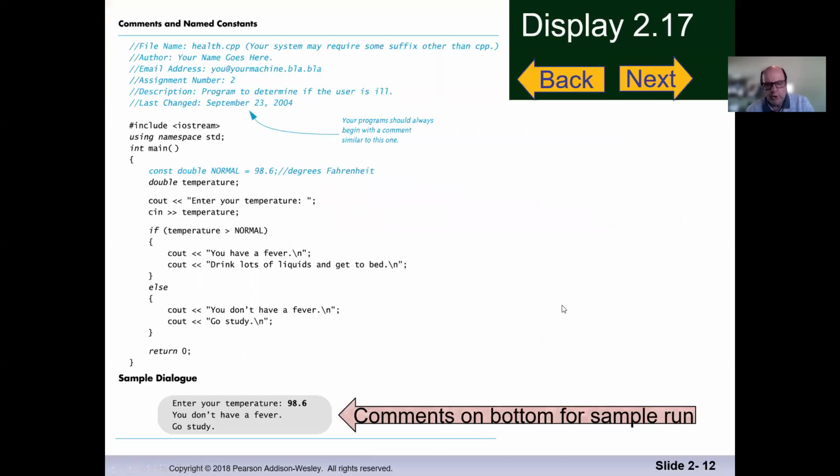Okay, so this is what I want to go over. This is something that we are going to be doing from this point on. So this display 2.17, you're going to go over it again and again and again, and you're going to apply it to every single program you're going to be writing. At the beginning there may be some new things you might not remember, but as you're doing your peer review, as you're doing these things, it's going to come to you. So first things first,